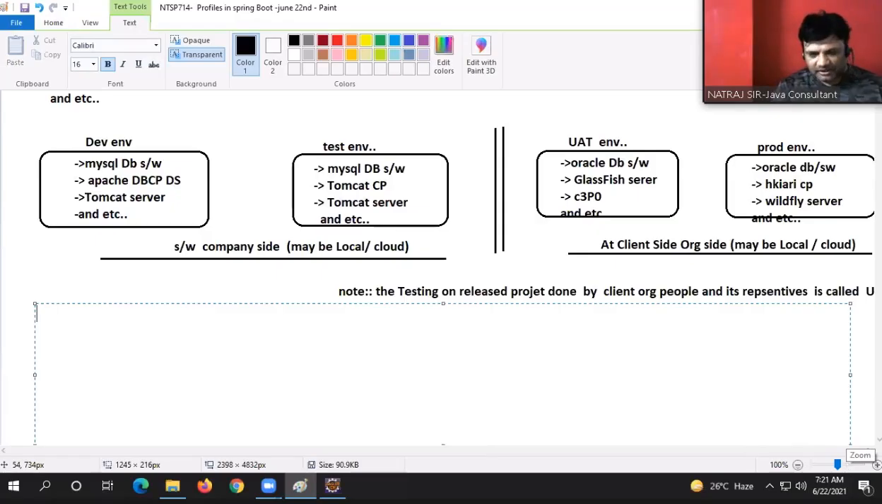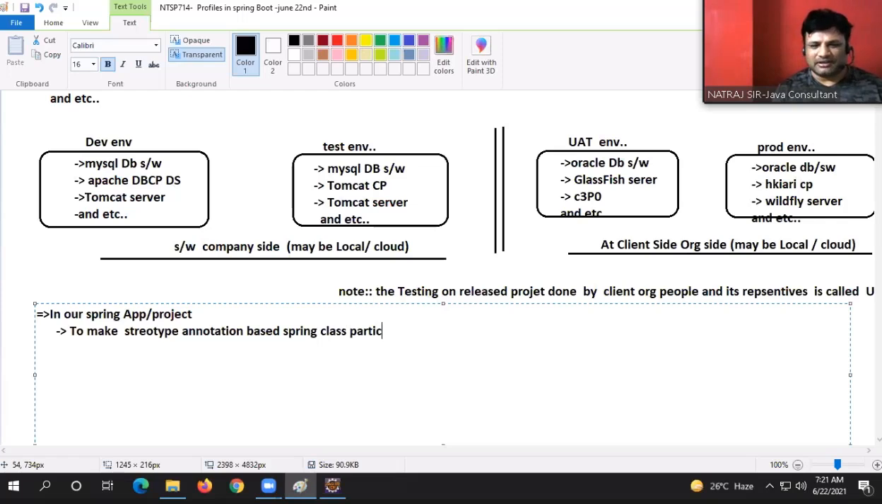Now listen. In our Spring Boot application or project, if you want a stereotype annotation based Spring Bean class participating only in certain profile activation, participating only in certain profile activation,